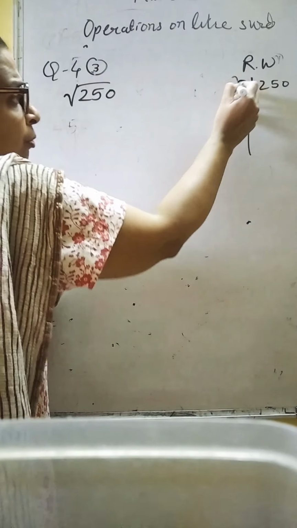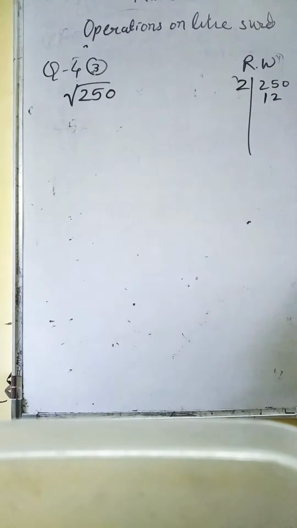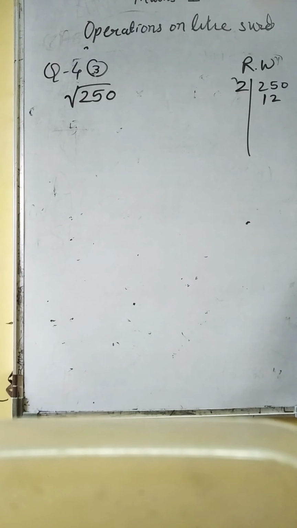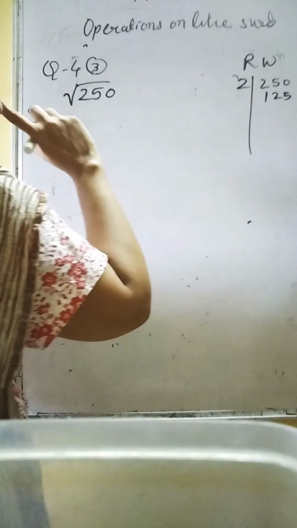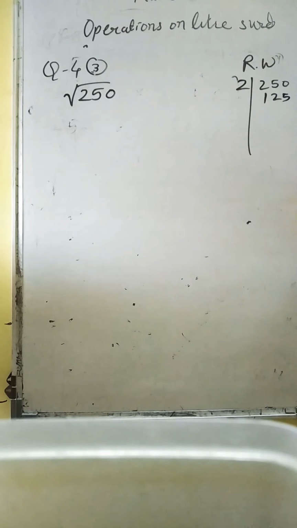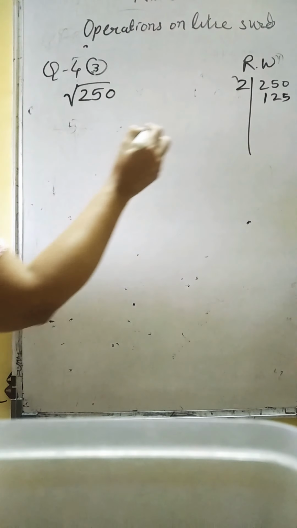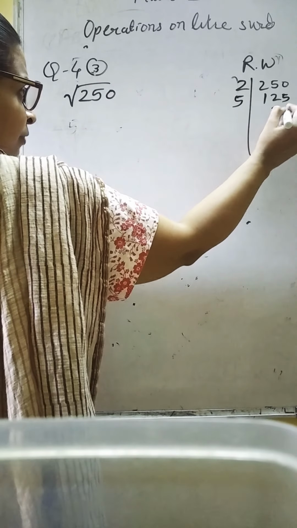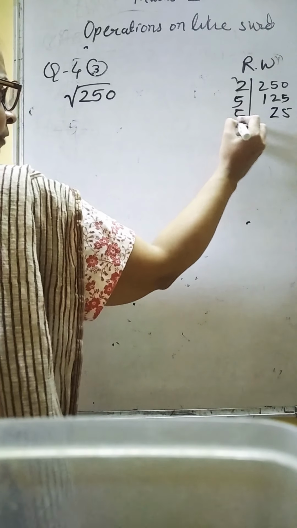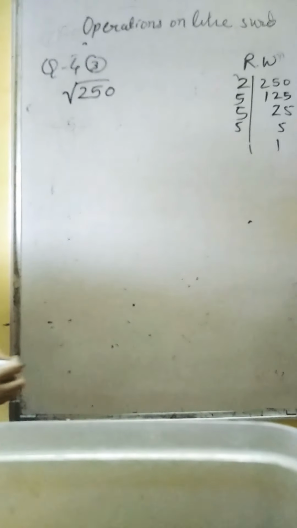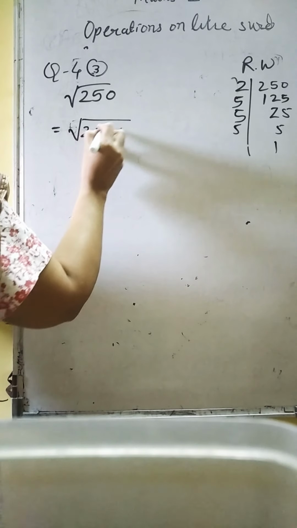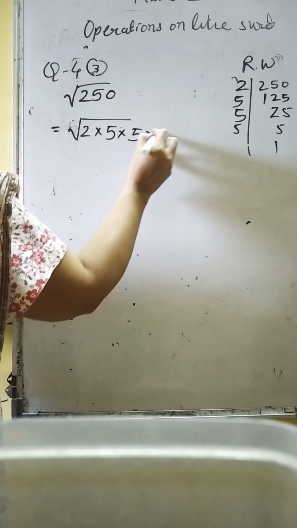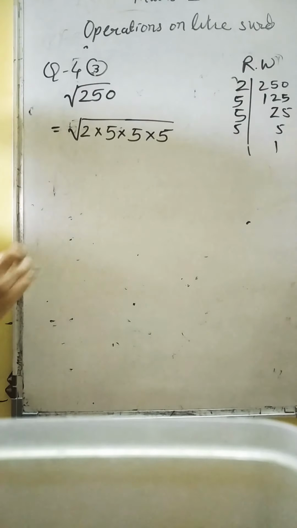So you have to divide by 2. Come on, find the factors. चलो करो, आप लोग करो. 2 250 का आधा 125, right? Now 125 cannot be divisible by 2. We have to take 3, 3 से जाएगा? 1 plus 2 is 3, 3 plus 5 is 8. नहीं, 3 से भी नहीं जाएगा. So 5. 5 25s are 125. And then 5 5s are 25. And 5 1s are 5. So what are the factors that came here? 2 into 5 into 5 into 5. Everyone can write in this manner.